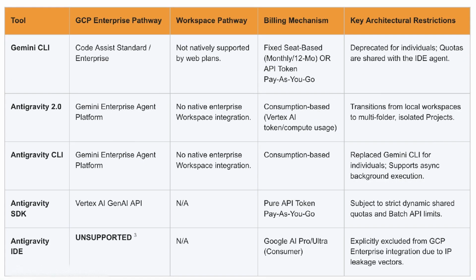Based on this table, it says unsupported on the GCP pathway because IDEs typically index and process a massive amount of local workspace files. However, using the terminal in the IDE, you can actually deploy, run, and make your local code available on GCP Enterprise using